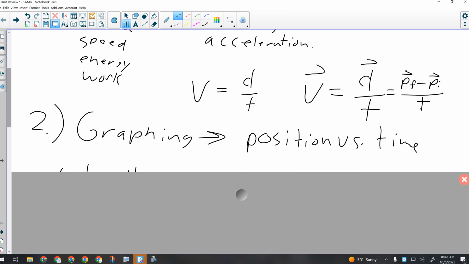In the written, expect that I'm going to ask you the same things I asked you in the lab reports for this unit. In the position versus time graphing lab, I asked you to calculate velocity from the position versus time graph. I also asked you to calculate things like how far would it go after this amount of time that's not on the graph, and you had to use the equation for the line to calculate that. Those are the things you were asked to do in your labs, so they're the things that will be assessed,